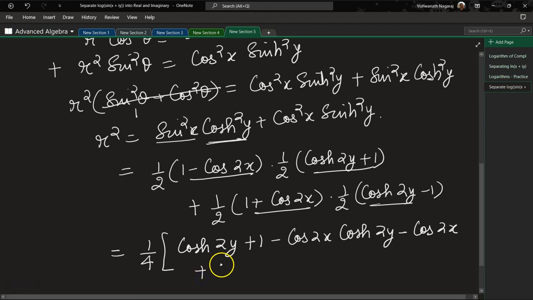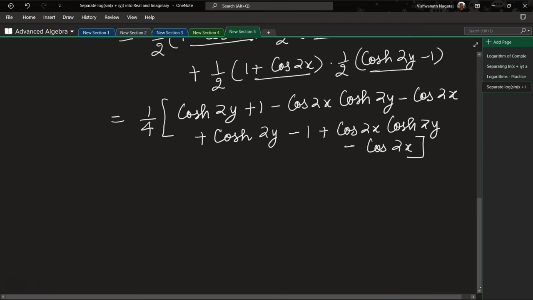We get plus cosh 2y minus 1 plus cos 2x cosh 2y minus cos 2x. Okay, now let's see any cancellations possible. Cos 2x cosh 2y, plus 1, minus 1, anything else? Nothing else. So this becomes 1 by 4 times